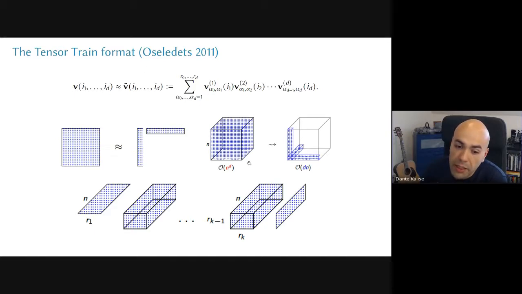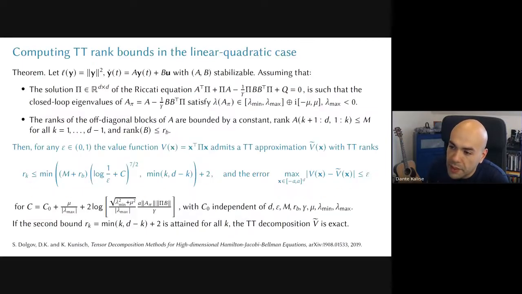So the million-dollar question here is, can we characterize the class of control problems, or the class of solutions of Hamilton-Jacobi equations, such that we know that the value function can be accurately compressed with few of these factors? This is the sort of thing that we do in terms of research, and we have partial answers. For instance, we understand that for the class of linear control problems where the matrix A has certain properties on the rank of the off-diagonal blocks, if they are well behaved, we can obtain bounds on how many terms this expansion has